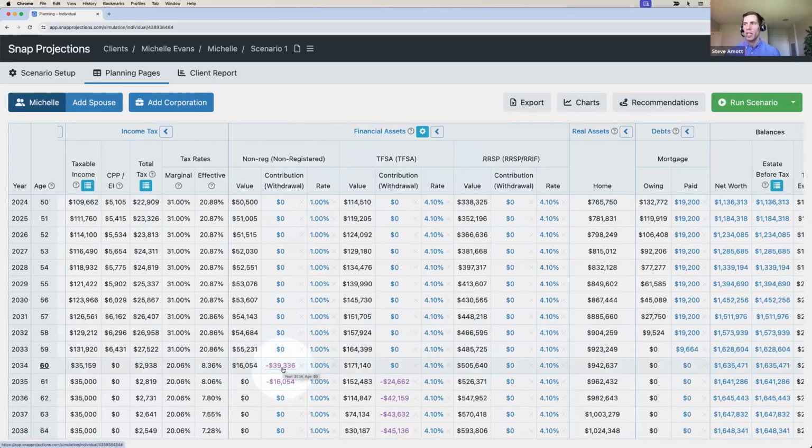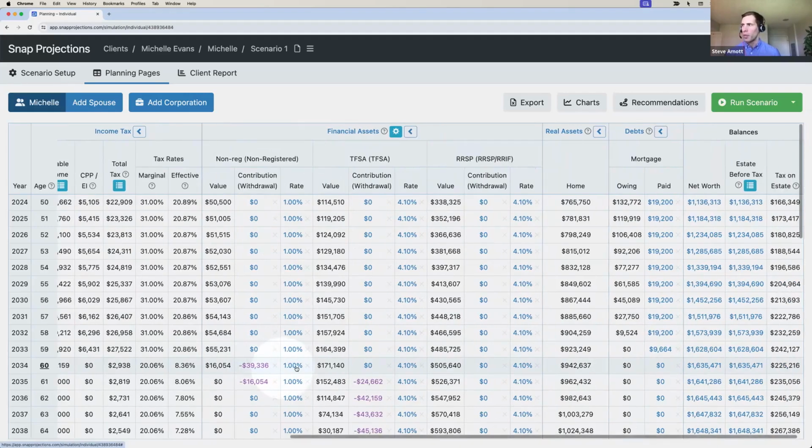So we can change those on a one-off basis or for any period of the plan. We also have the home and net worth and estate information. I'm going to make one final input to the projection, and then we can review whether Michelle is on track